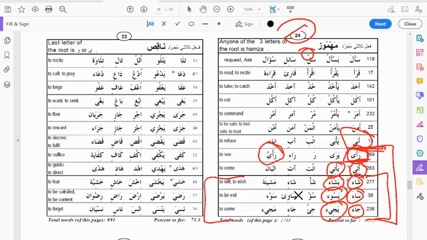So sha'a means to will. Yasha' is the present and future tense of it, meaning they will or wish. Sha'a is the past, yasha' is the future, sha' is the imperative, will, and sha'i is basically the person that is willing something, and mashi'a is basically the decree or the willing of a certain thing. Mashi'a.